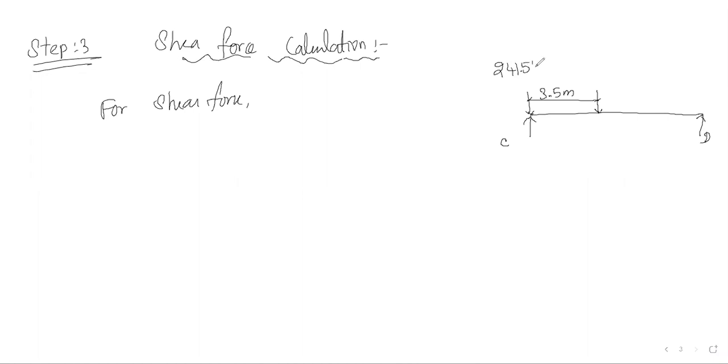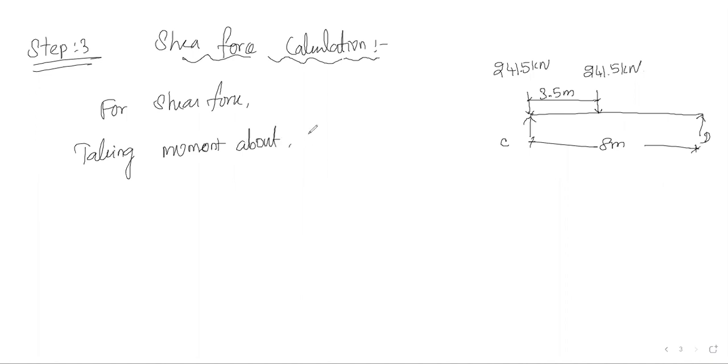So 241.5 kilonewton and 241.5 kilonewton as wheel loads. Now we will calculate this. The total span is 8 meter, so taking moment